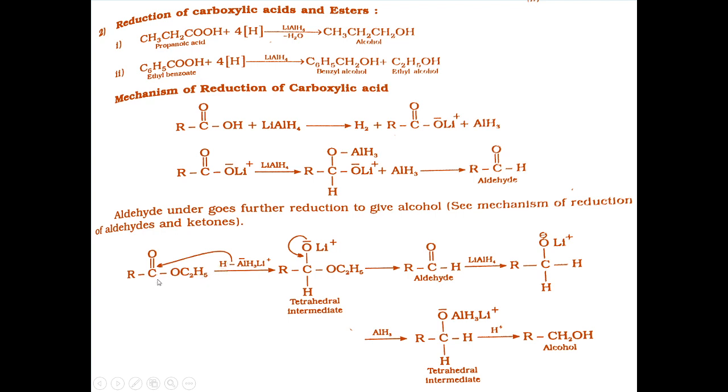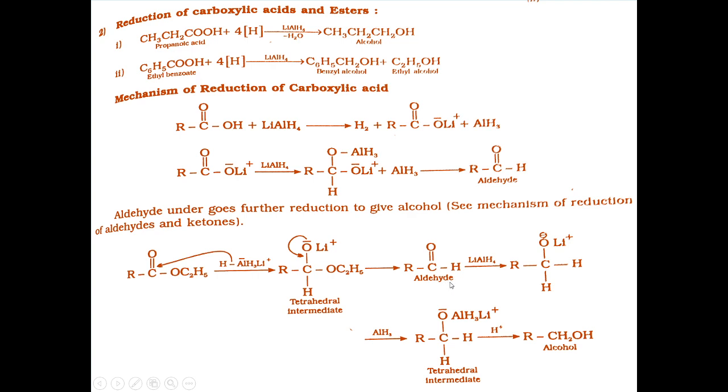Here the mechanism is the same, the reagent is the same, but the substrate changes. This is the ester, RC double bond O, OC2H5. The H minus ion attacks this carbonyl group, and forms this type of tetrahedral intermediate product. See, it is clear. Okay. After this intermediate product, a negative charge forms and attacks this carbon, meaning a double bond forms with oxygen.